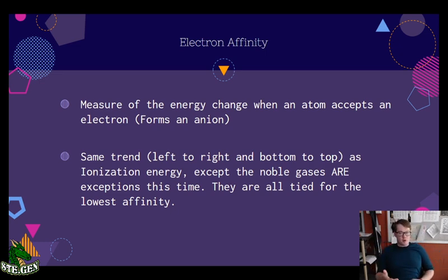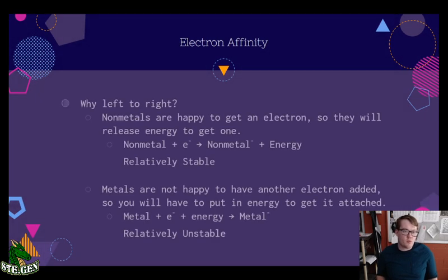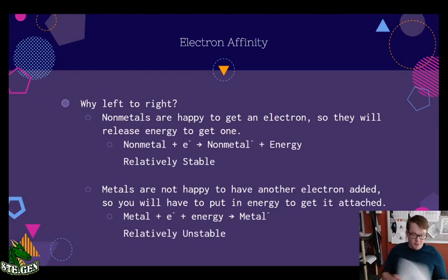lowest. Remember, they don't want to gain or lose electrons, so they're going to need to take a lot of energy for you to cram on another electron for there. So why is it left to right? Well, nonmetals, again, things on this side of the table, are happy to get an electron, so they are going to release energy whenever they're going to be happy. But metals, the things on the right side of the table here, they're going to require energy to get the